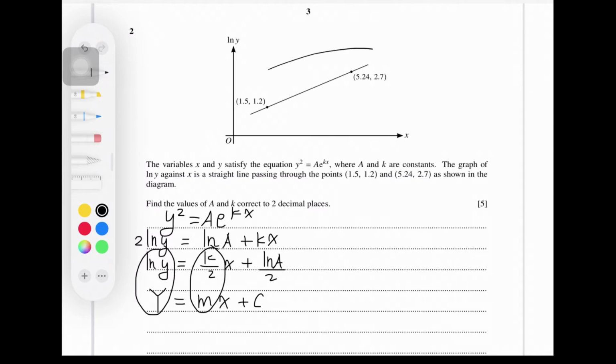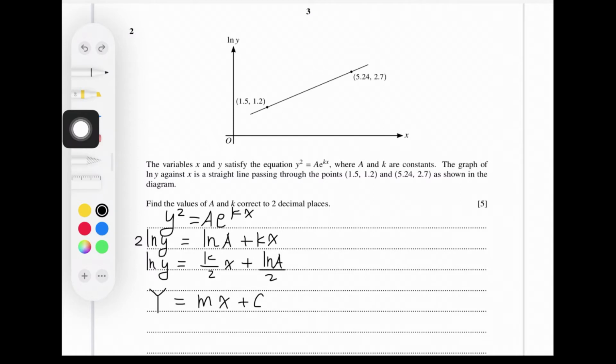So we can find the gradient from the graph given. So the gradient of the straight line is 2.7